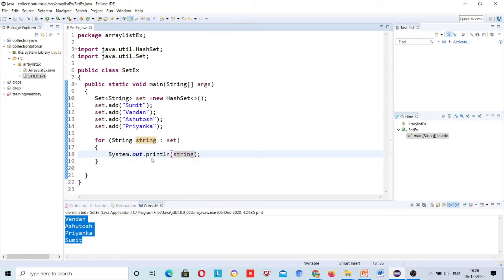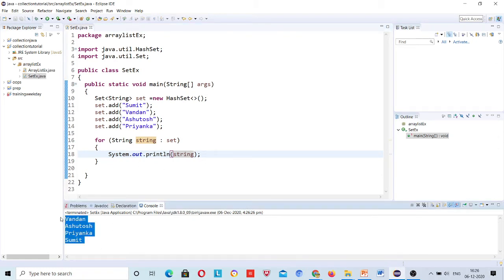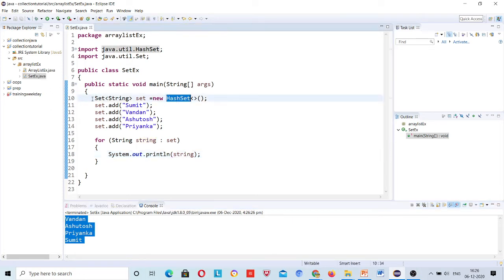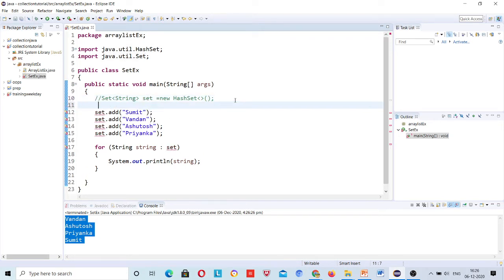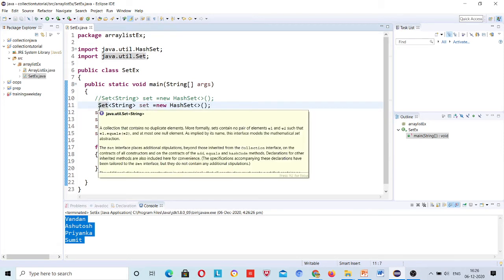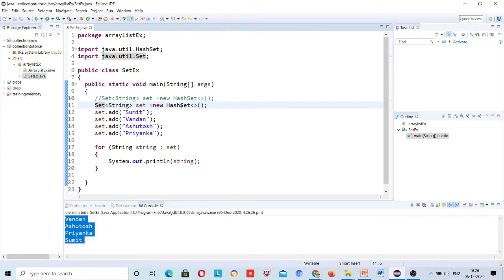Okay, now we can see that everything is working fine, but insertion order is not maintained. So I will comment this HashSet line and instead use TreeSet. TreeSet also doesn't follow insertion order, it doesn't preserve it, but TreeSet gives you ascending order.